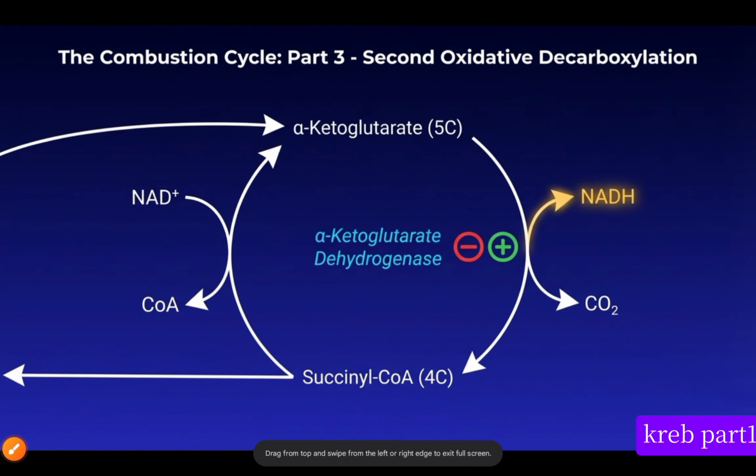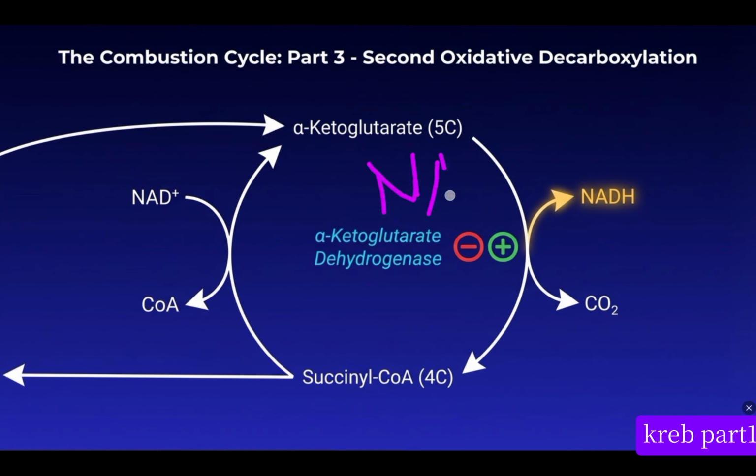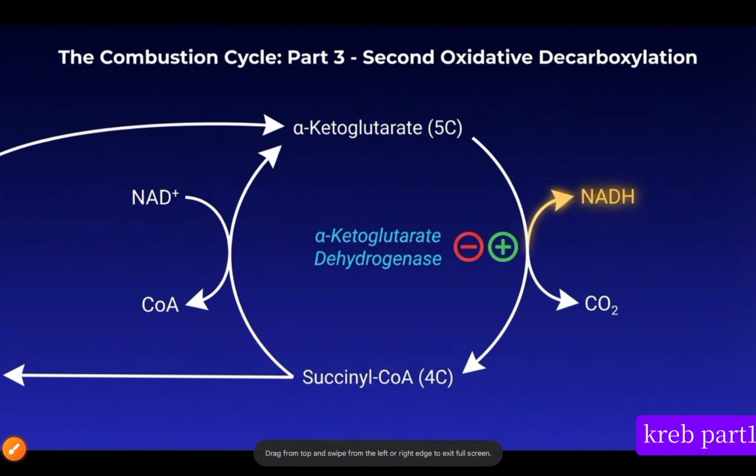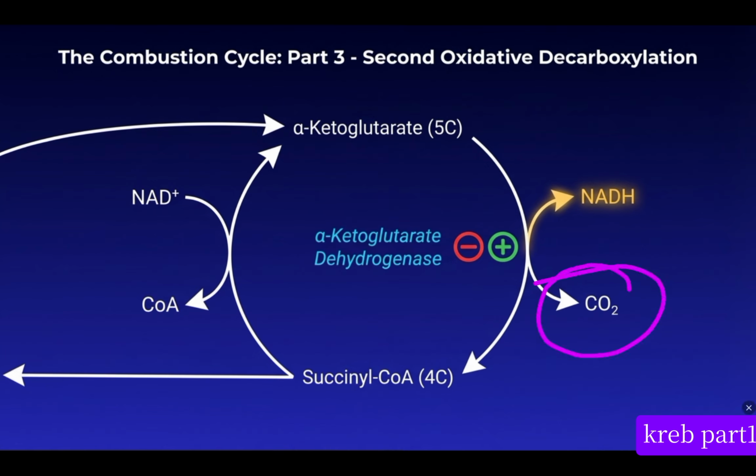Now from there, from the alpha-ketoglutarate dehydrogenase, you have heard the word dehydrogenase. What is coming to your mind? We are converting NAD positive to what? To NADH. That is the meaning. And what again happens? Decarboxylation occurs, by removing carbon in the form of carbon dioxide. So this is decarboxylation, and we are moving from a 5 carbon to a 4 carbon molecule. So we are converting alpha-ketoglutarate to succinyl-CoA by an enzyme known as